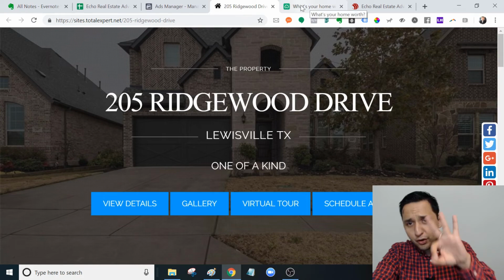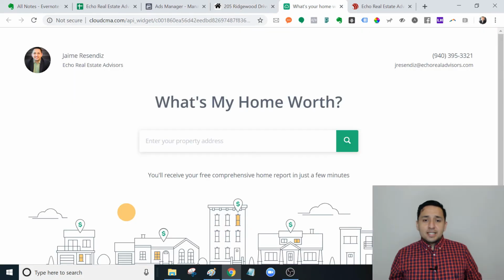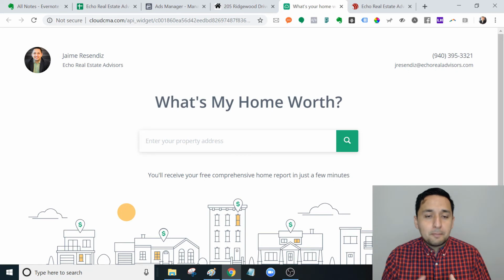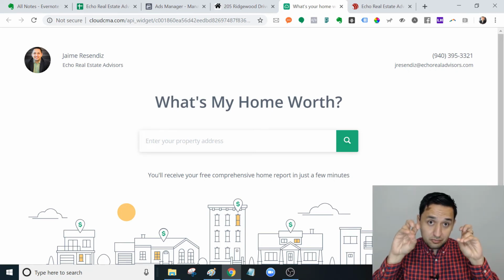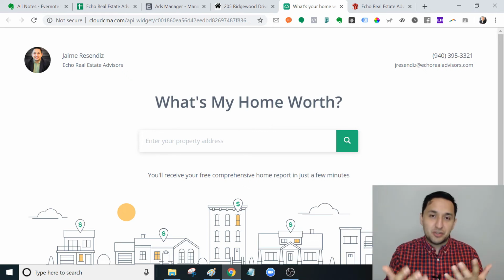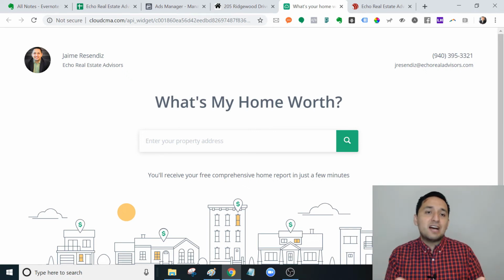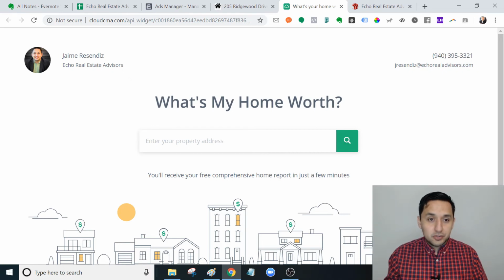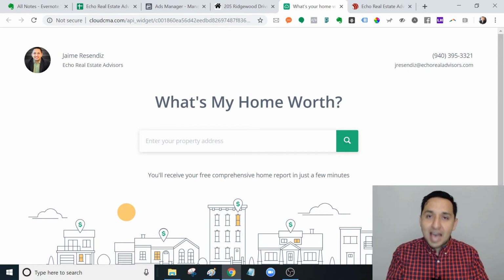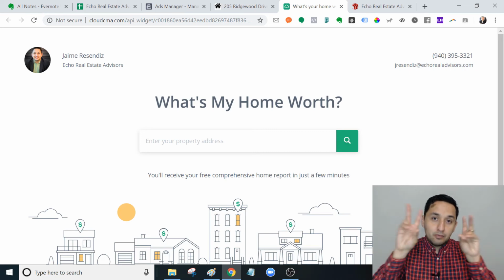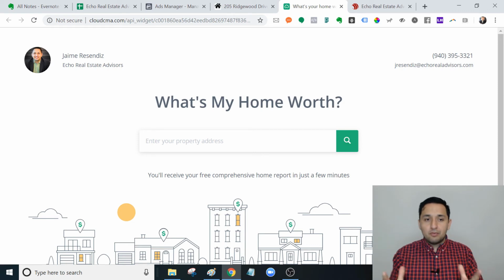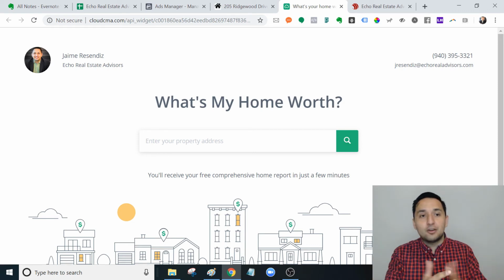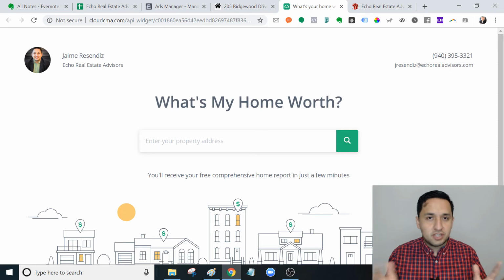Now, third, there's more for your seller leads. Cloud CMA. Cloud CMA is free, and I should have said free in quotation because it comes with my association dues, but Cloud CMA is something that through my association, I can have access to it for free. Again, free because it's embedded somewhere within the dues. However, I don't have to pay directly to Cloud CMA an amount to have access to this,